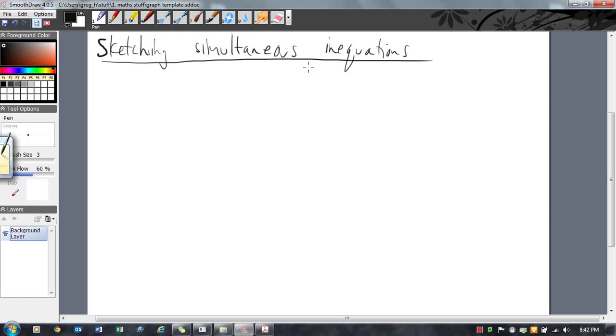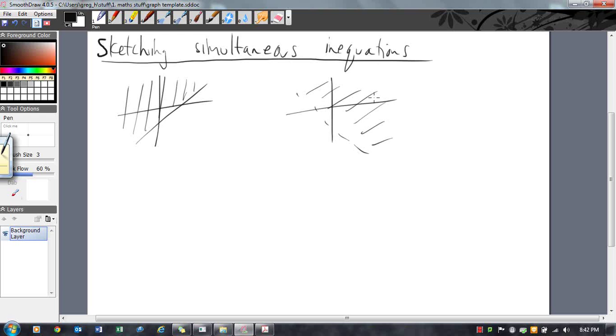Sketching simultaneous. So simultaneous means more than one inequation. Remember from the last video that an inequation might be sketching half of the plane, it might be a dotted line going like that, and it might be sketching on that side. What happens if you've got two of these running at the same time? So what happens? Firstly,